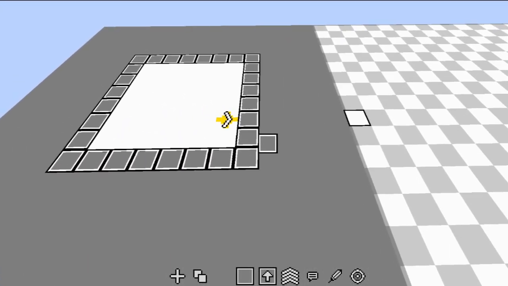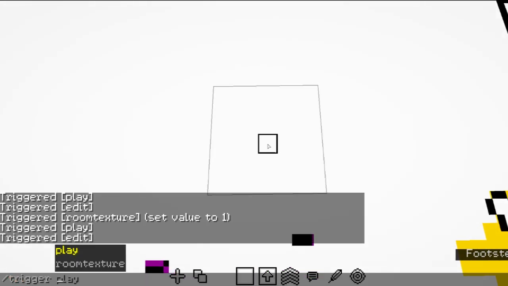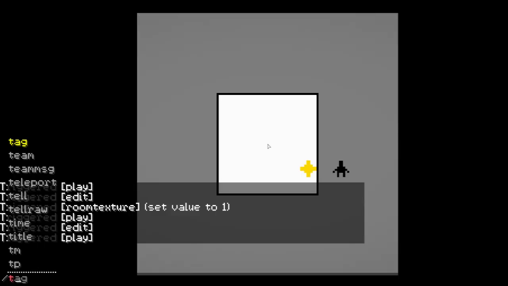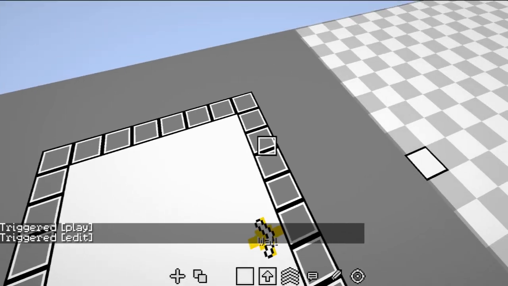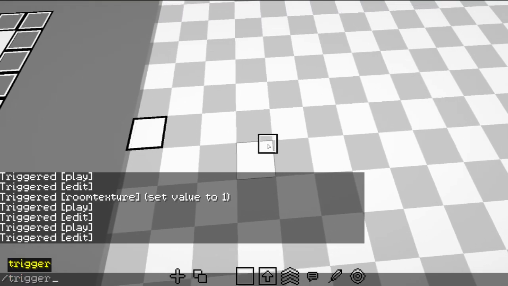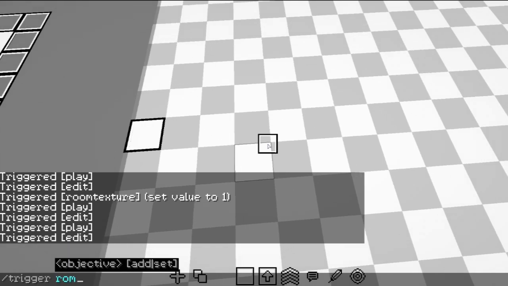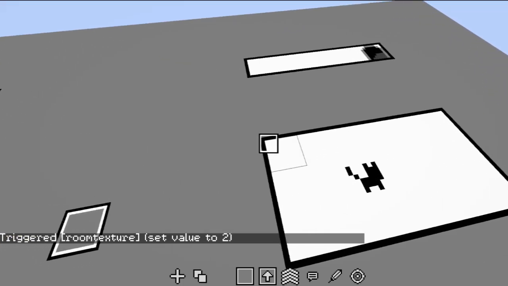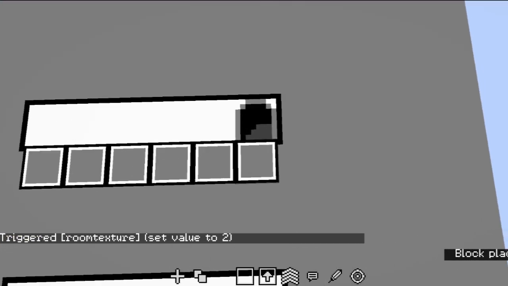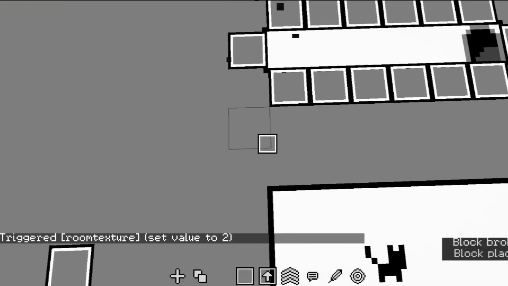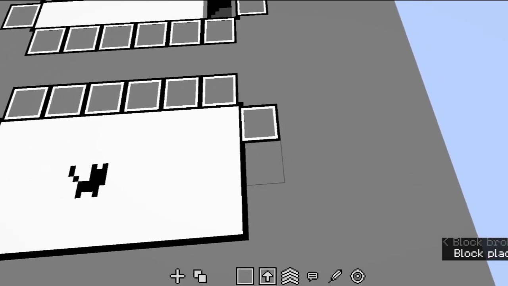Okay, let's just see that in action. Trigger play, enter playtest mode, and if I walk onto it, I'll be brought here. I can actually just, walls don't exist. Let's put in the texture for the second room real quick, so I know where the walls are. Room texture, whoops, set 2. Okay, since walls don't exist, you gotta make sure to put walls around whatever you want to put walls around. Otherwise, players will be able to just wander off the map,